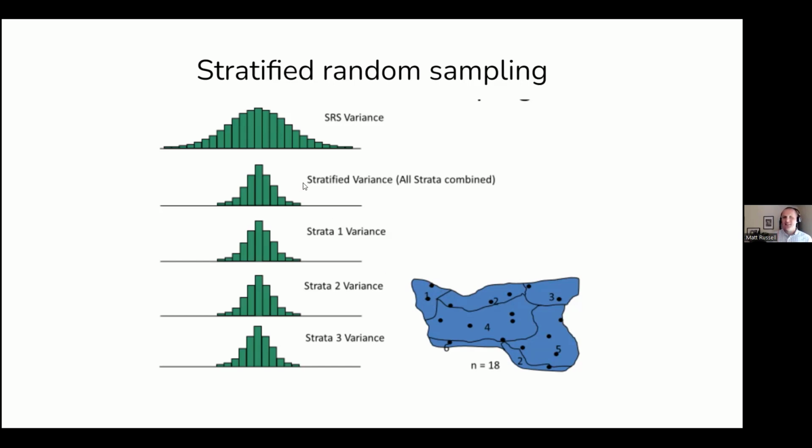But the cool thing is that we also get it when we combine all of those different strata into one. Even for the stratified variance compared to the simple random sample, we get a much narrower distribution there. That's really awesome because it means that we can basically use the same data that we collected, and if we do stratification, we can narrow our confidence interval. And everyone likes a narrower confidence interval when you report up to your supervisor or other people in charge of the project that you're working on.